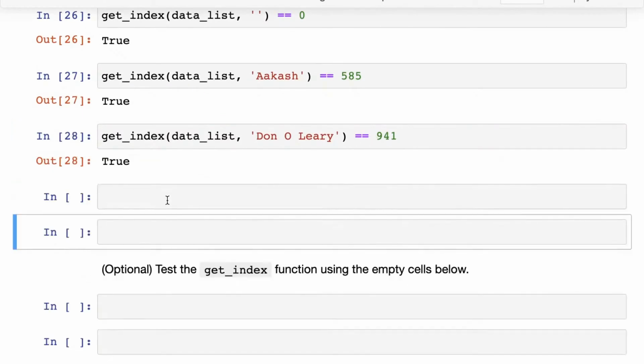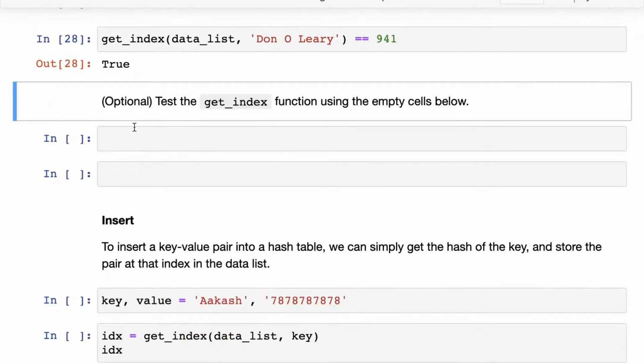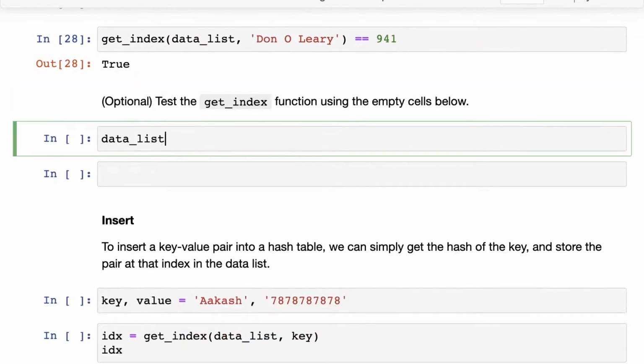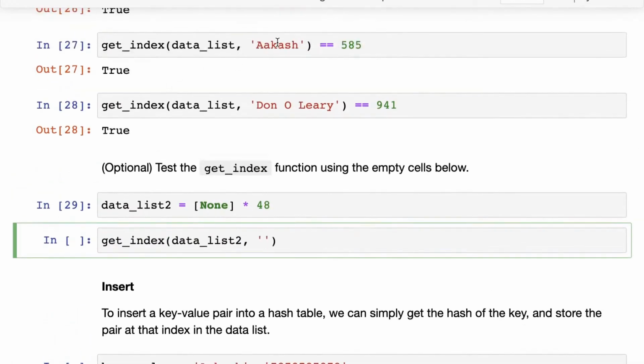Now this is where you should be testing your function with some custom test cases. I'm going to create a new data list 2, and this is going to have the size None times 48. So this is only going to have the size 48, and I should be testing get_index with this data list as well. So let's say we're looking at the key Akash.